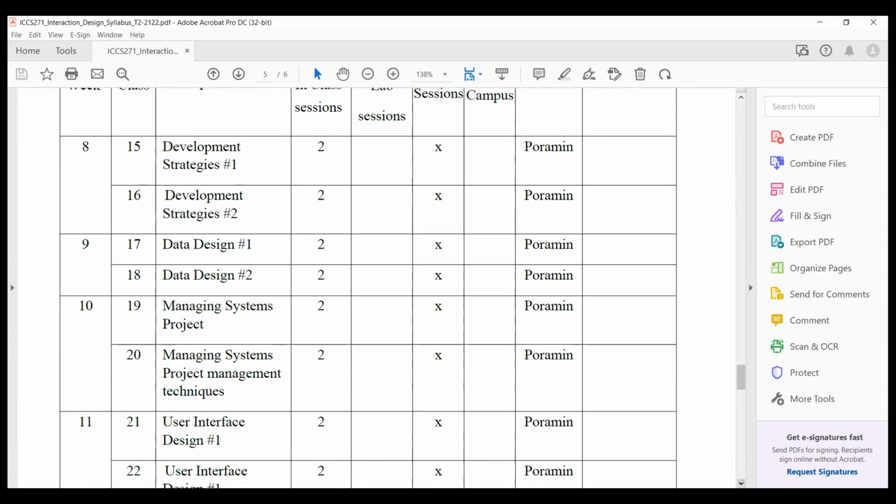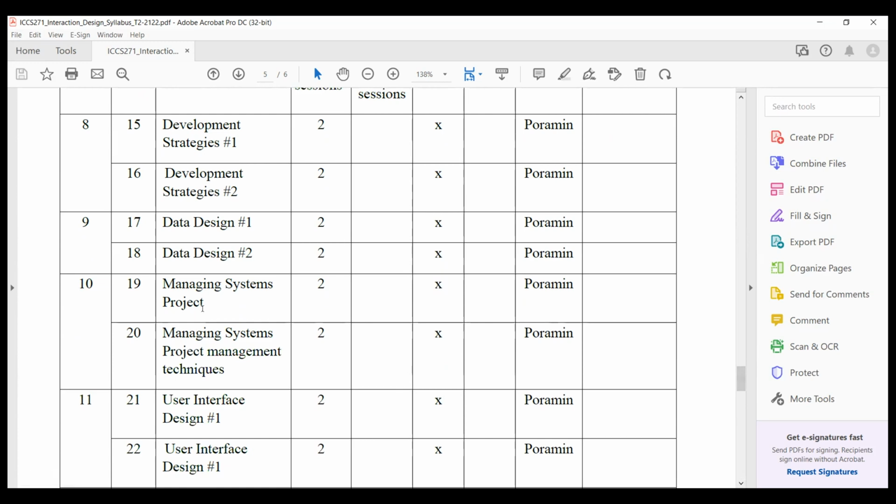After that, in week number 10 we'll talk about managing system projects. That is the way that we use in order to set up the project for the system development, and then we have to break them into different tasks, and after that we just like